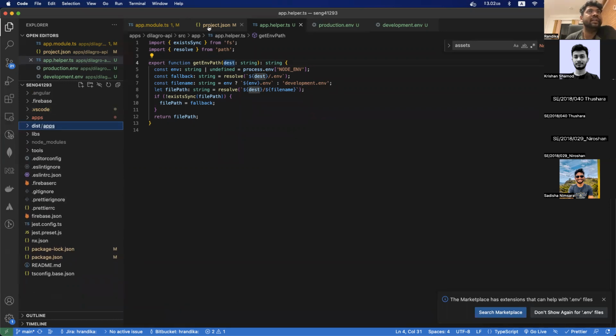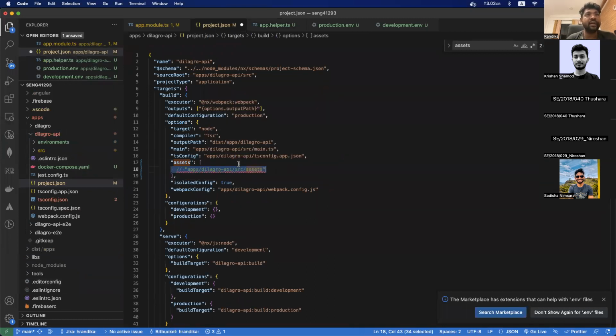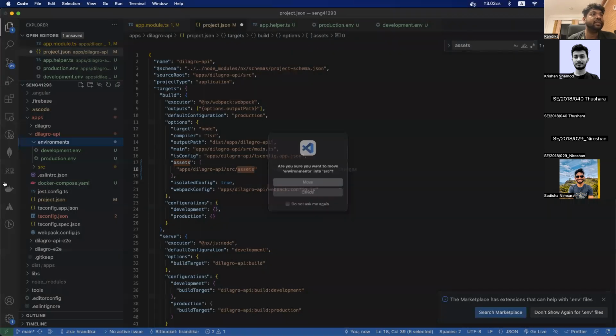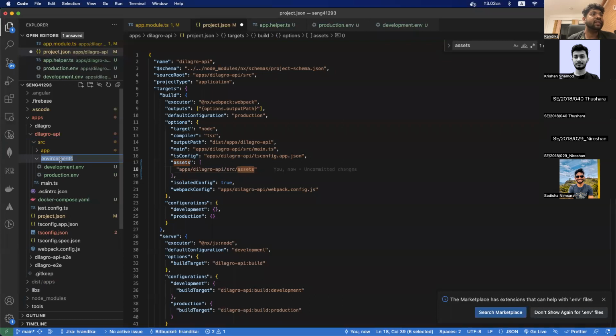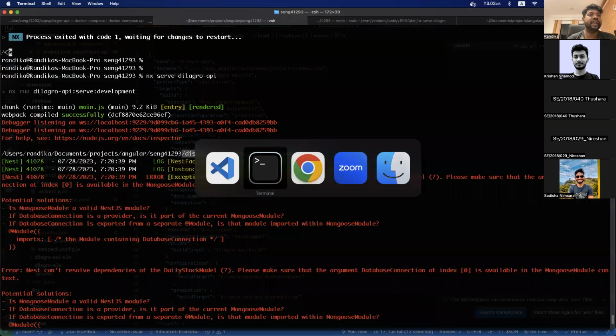What we can do is we can have this project JSON file. If you guys can remember, I removed the SRC assets. The asset directory is no longer there. I will move back into SRC the environment files. But I can say, okay, when you are building the application, copy these assets. That means the environment assets. Copy these environment asset directory to your final build. Okay. So now if I run it once again,